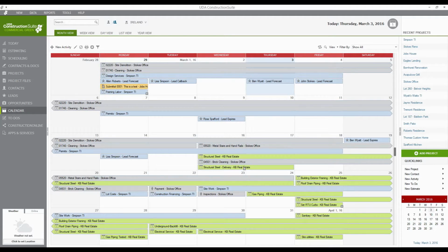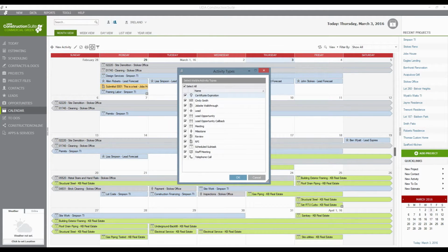You've got some of these that have the little pull tags, and those are scheduled tasks. Others have the little milestone diamond, the icon representing that it is a milestone. And you can switch on and off all the different types of activities on the calendar using the visible activity types button here. It's the one that looks like a gear or a cog or flywheel or something. But this options button allows you to come in and turn on or off various different activity types in